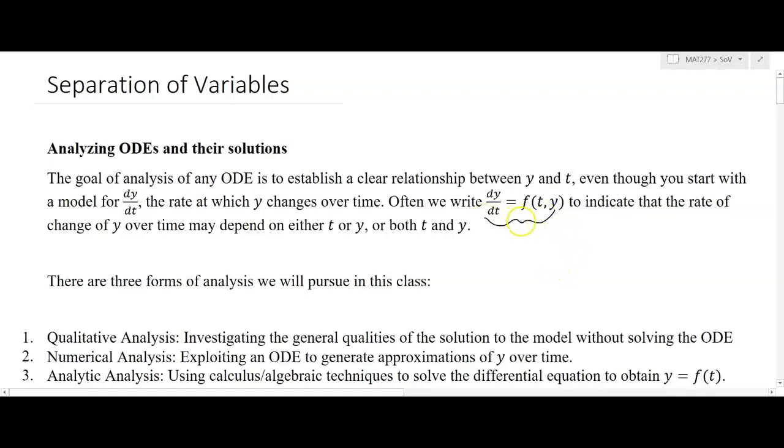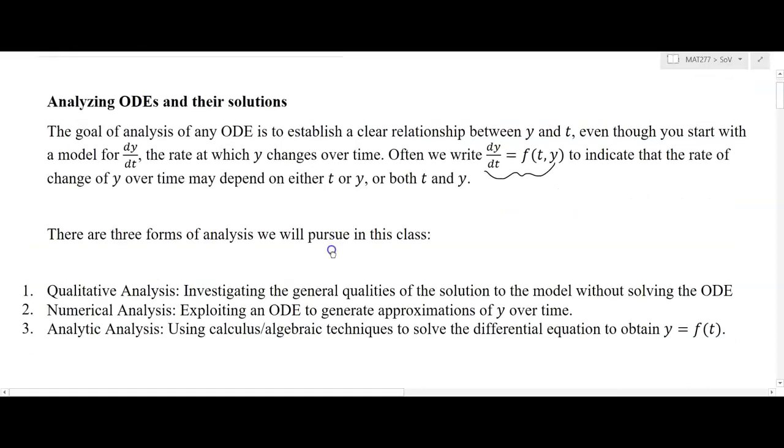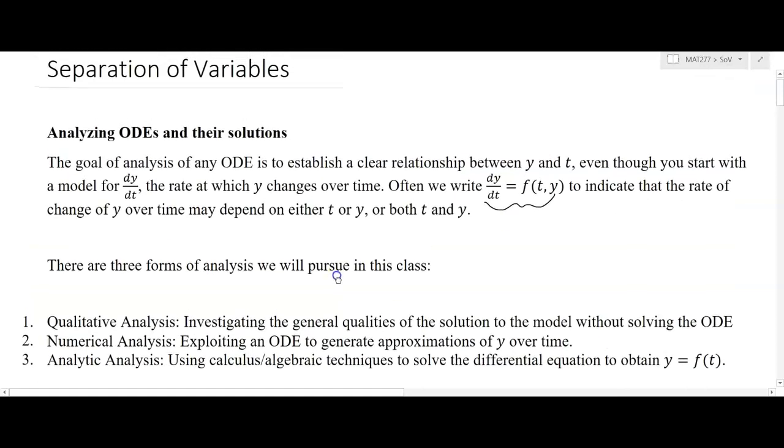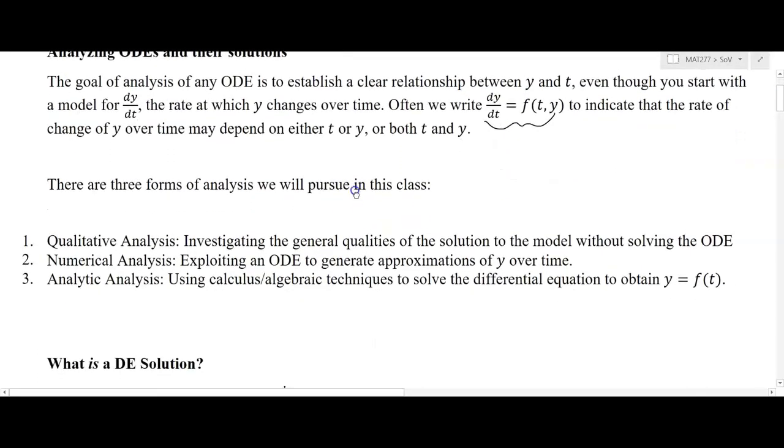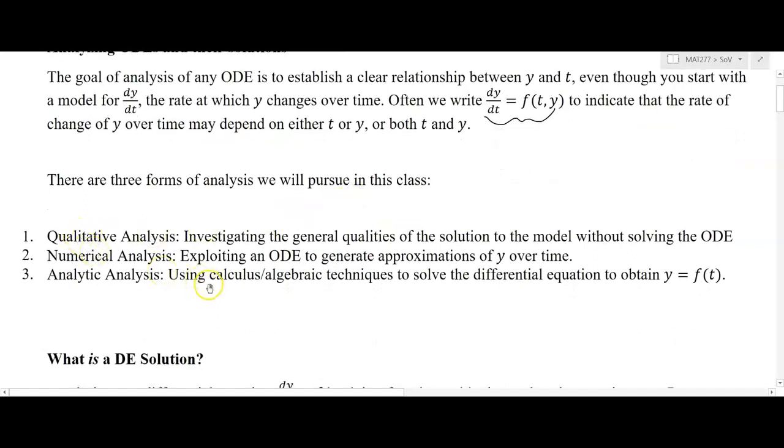and this is just suggesting that dy/dt may depend on both the independent and dependent variable. In translation, that just means that the right-hand side of the equation may have both t and/or y in it. So there are actually three forms of analysis that we typically conduct, and separation of variables is one specific variation of one of these three types. Oftentimes, many differential equations are not solvable, especially as they become nonlinear, and we'll discuss what all that means